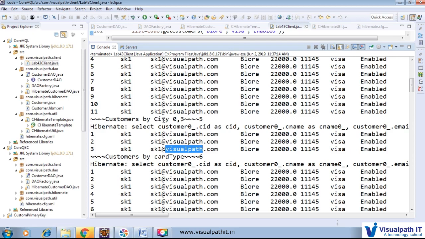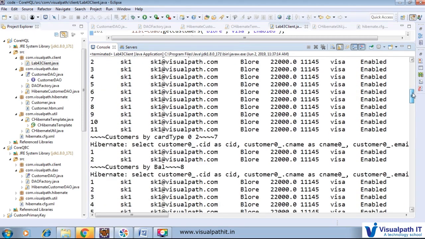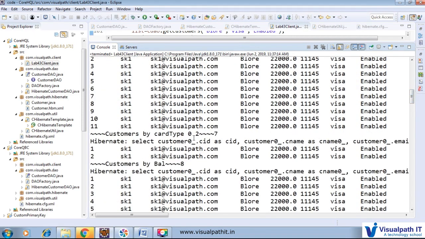Yes, here we retrieve the customer by card type. So we retrieve all the customers by card type, so all the customers will be returned. But next we would like to retrieve only with the pagination concept. So here we retrieve 0 to 2, so only 2 values will be returned. Next time we will call here 2, and again we will retrieve 2 to 4. So the pagination concept will be achieved.